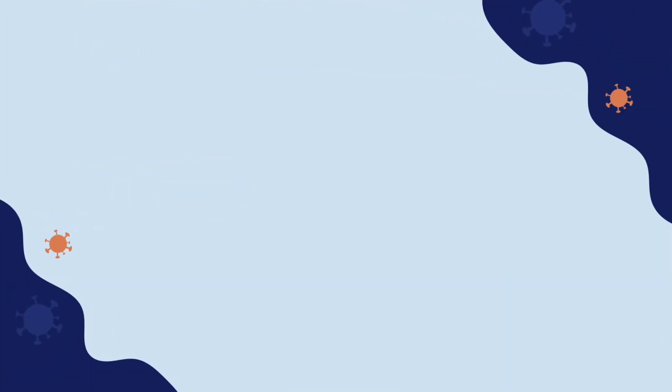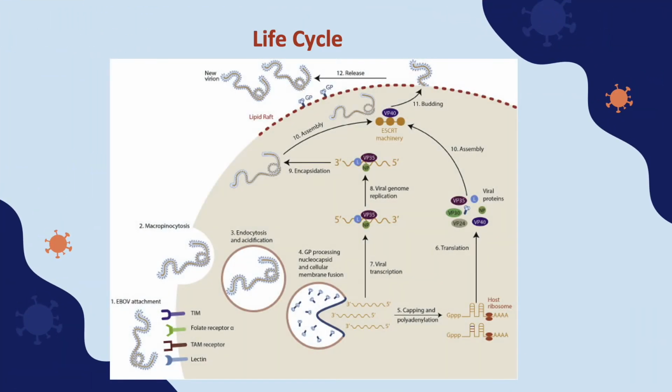The life cycle of the Ebola virus first begins with the enveloped virus outside of a cell or a host. When it finds a host, the virus gets inside. This usually occurs at the nose or mouth.